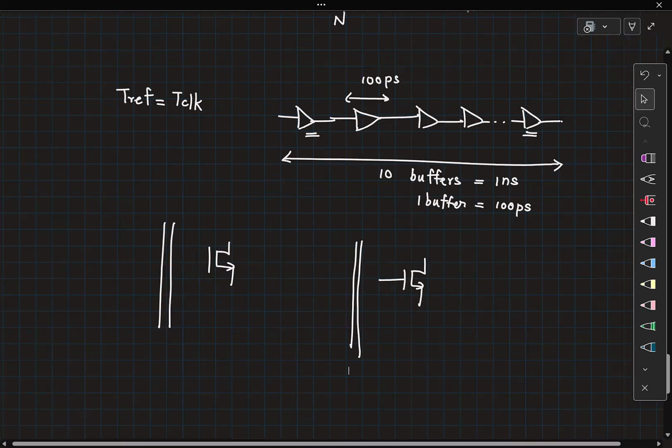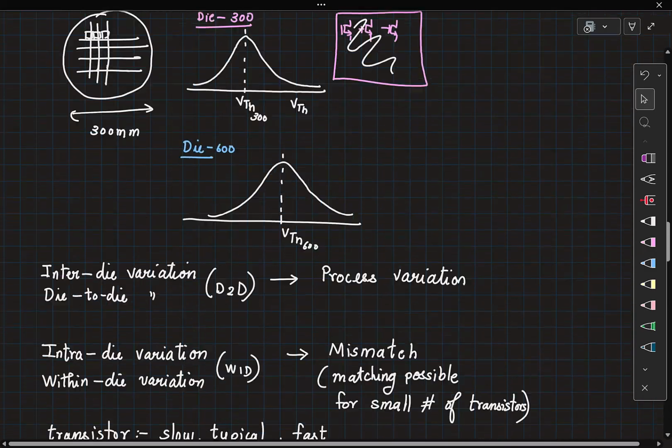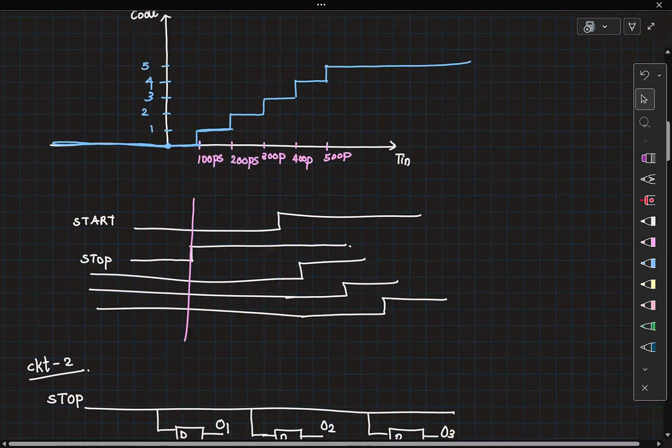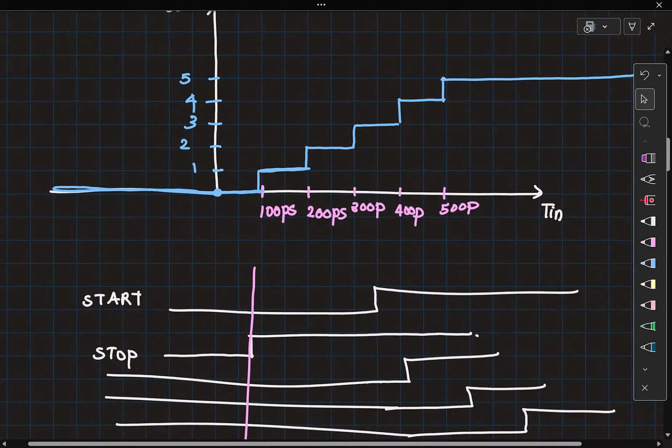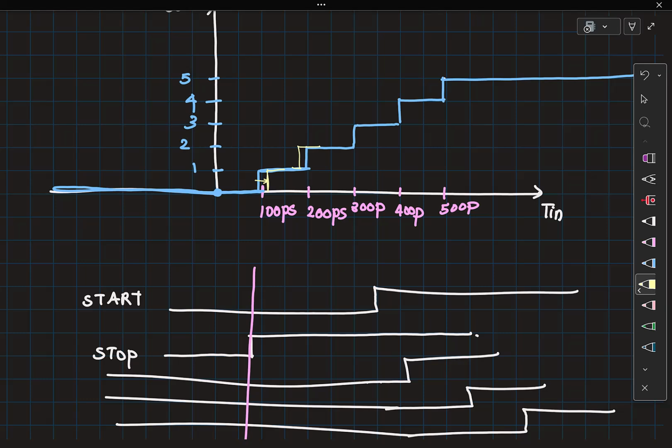So I can quickly comment on this. We plotted a TDC behavior like this. In the presence of mismatch, what will happen is this could shift slightly to this side. This curve might go here, etc. So you have this error at the instant at which the code is jumping from one value to the other. Let me call this some error delta.